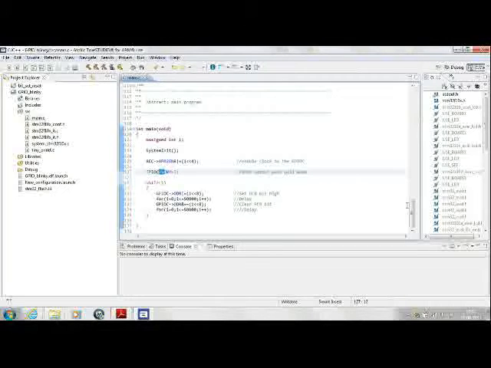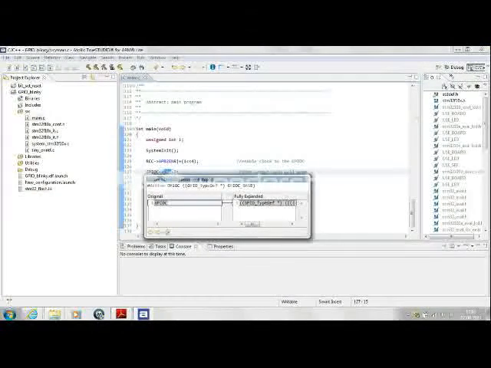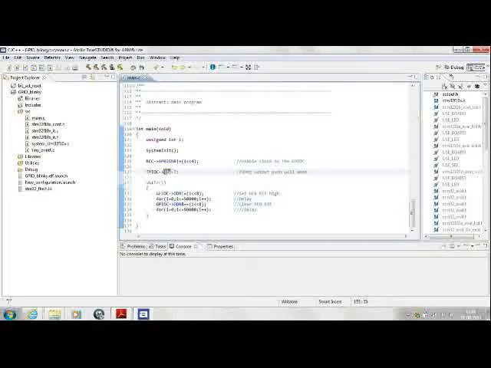For now, just remember that if you want to access one register, say the CRH register of a particular port, you have to write the GPIO X value here. C is the port that we are using, and you have to write the name of the register that you want to access after this dash and arrow. So we are equating it to 2 now, as we have decided. The comment tells you why we are doing it. It's a 2 megahertz output with a push-pull mode.